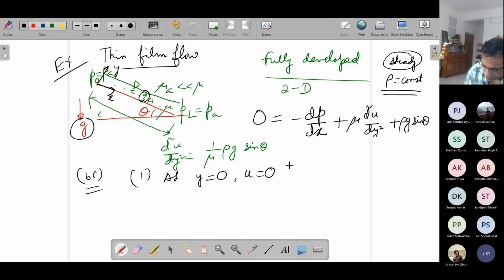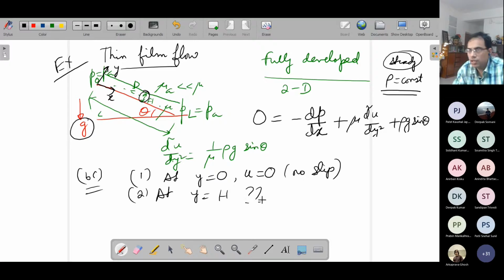This is no slip. And at y equal to h, what is it? This is a golden question because